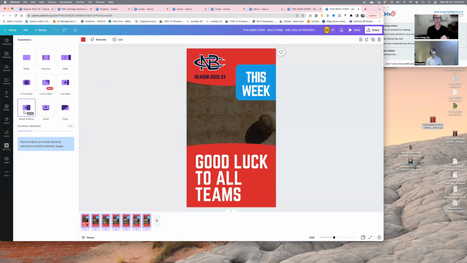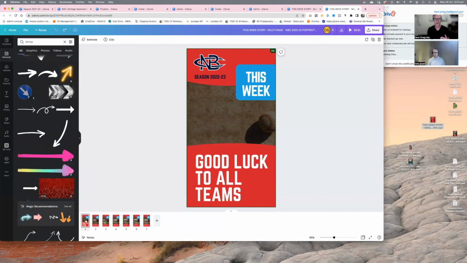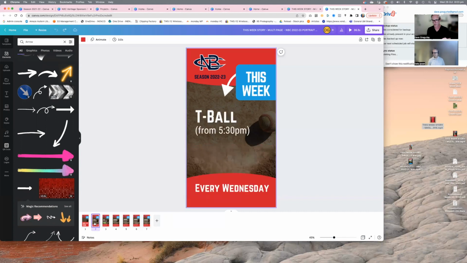But they've just released this beta, which is awesome. And it's in a lot of the other software I use, and it's called Match and Move. It's basically a smart animate. And so where does that come in? Well, page 1 to page 2, you'll notice the footer is a lot fatter on page 1, but it just